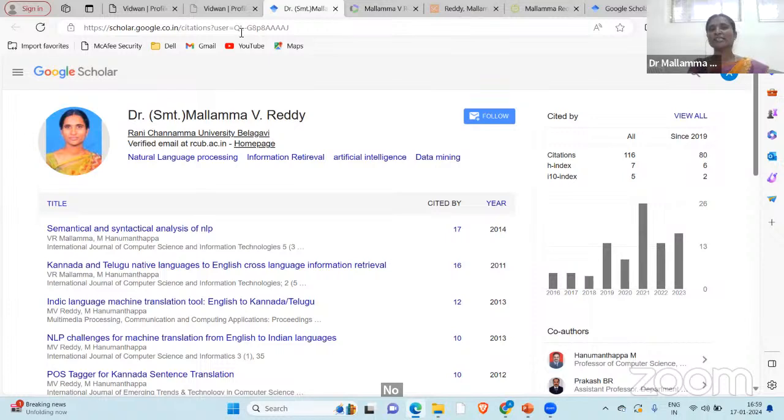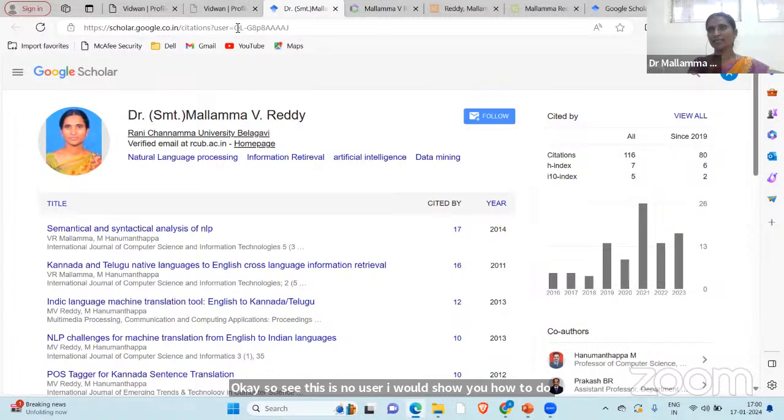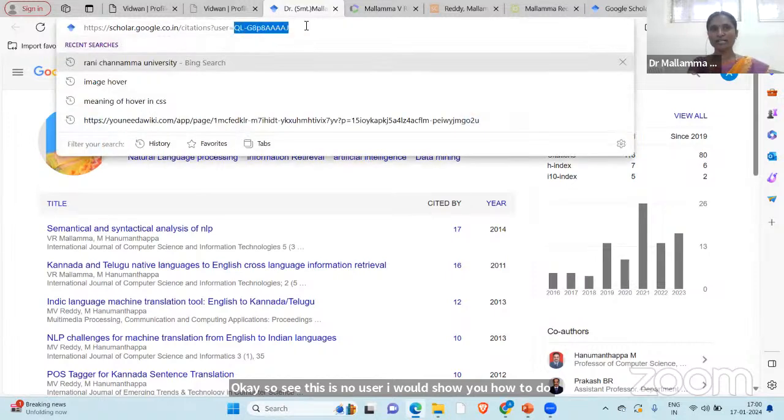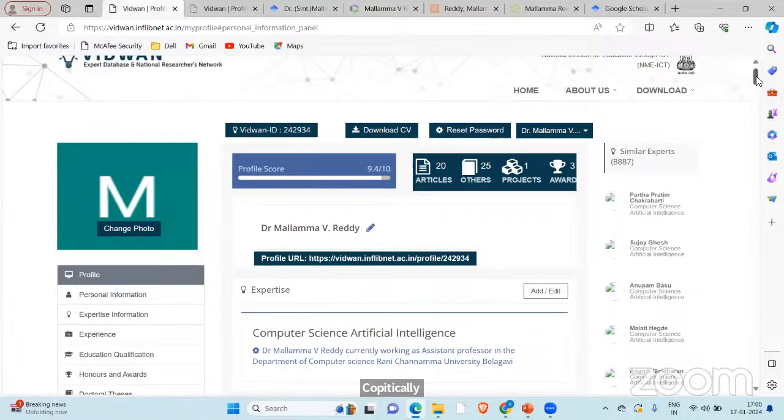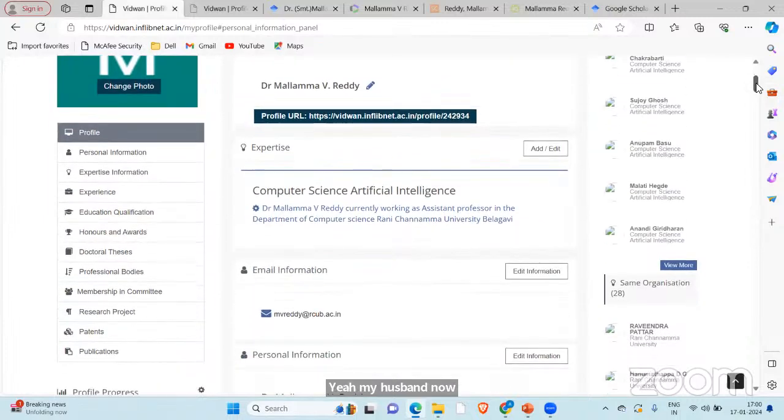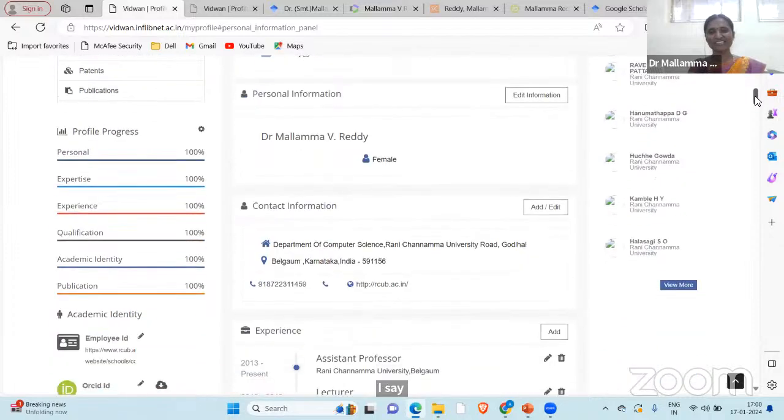Okay, so see, this is now the user. I will show you how to do that, but before that, first create your Google Scholar ID. So this is your user ID. Copy this user ID. Mine has come now. When I click on articles, all the online articles have come.